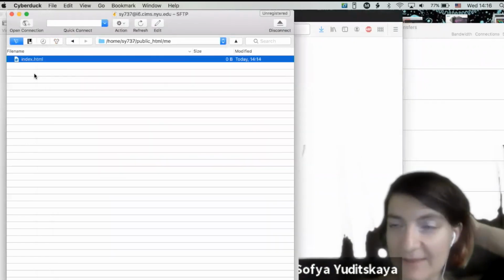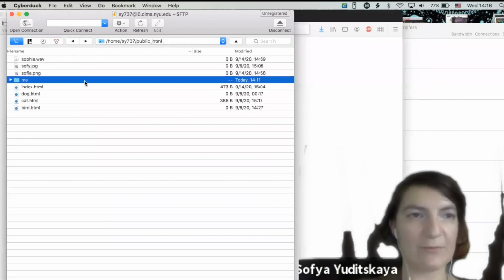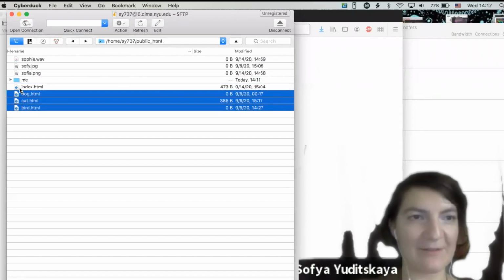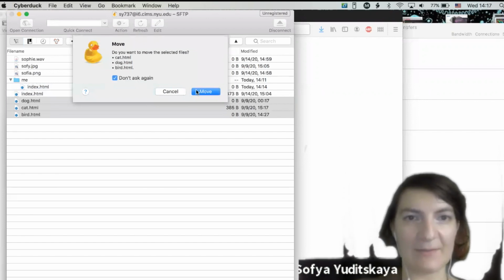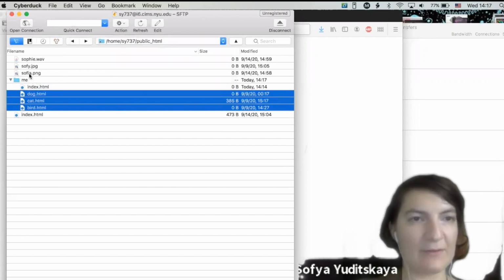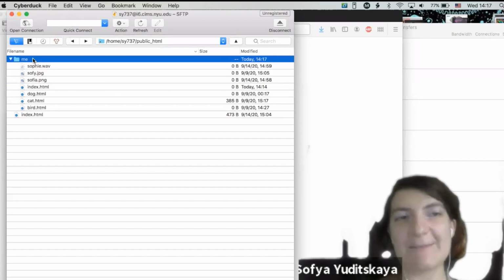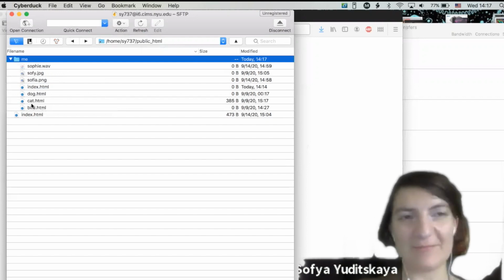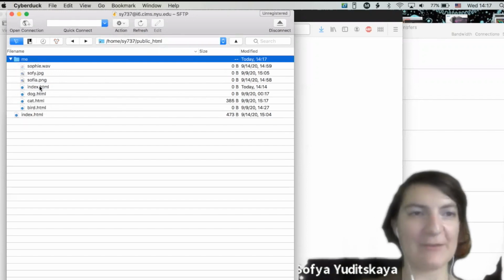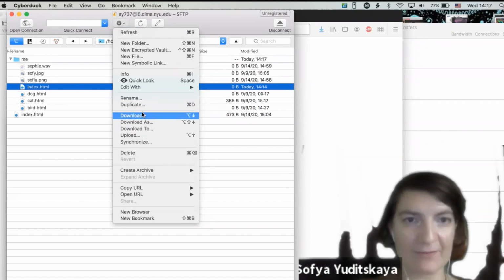Okay, so we have our index file, and because I don't want to remake my cat, dog, bird files, I'm just gonna pull them in here. Yes, I want to move them. And maybe I'll move these two. Maybe we'll find a use for them. So at this point, you can either make new files that are called whatever you want, or you can copy files if you have them from another place. Okay, and now I want to edit this, so I'll download it,